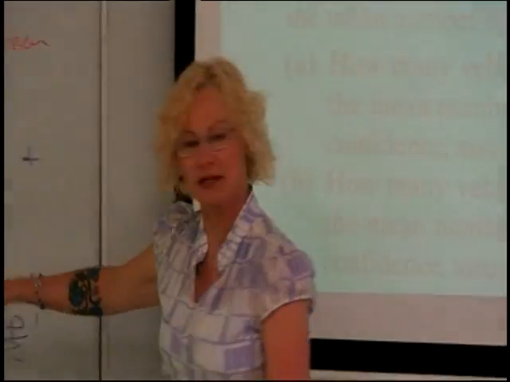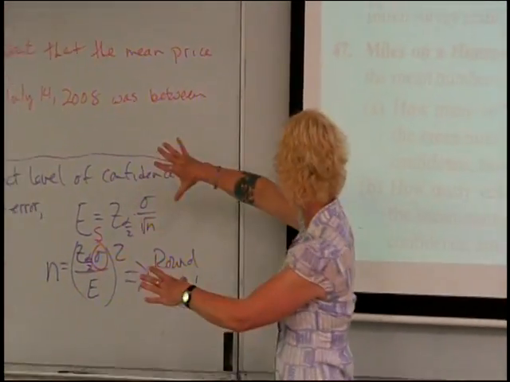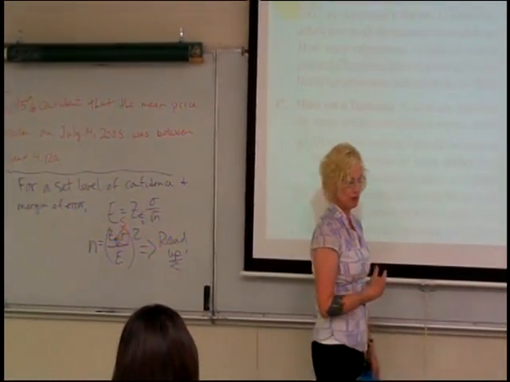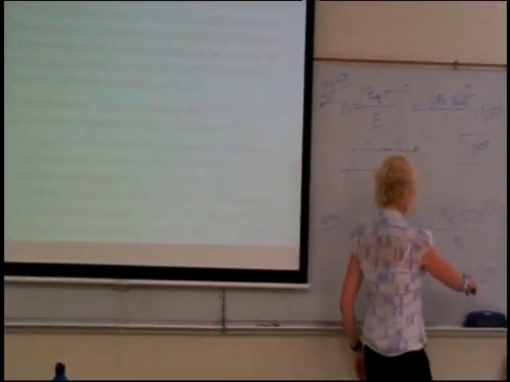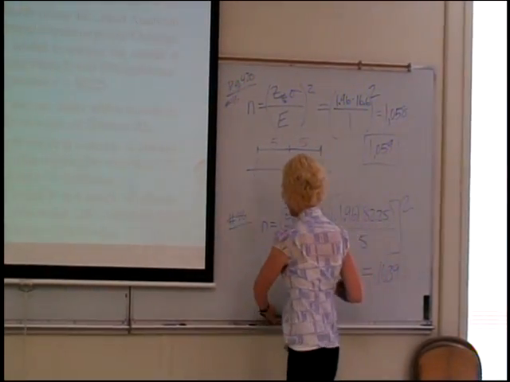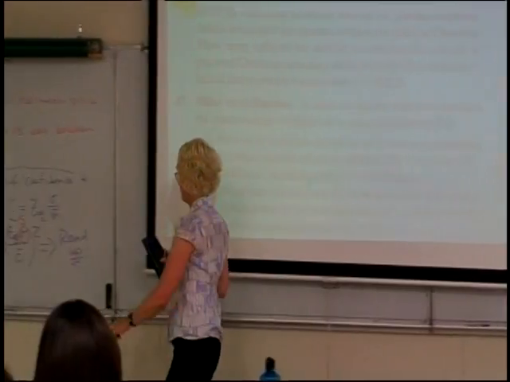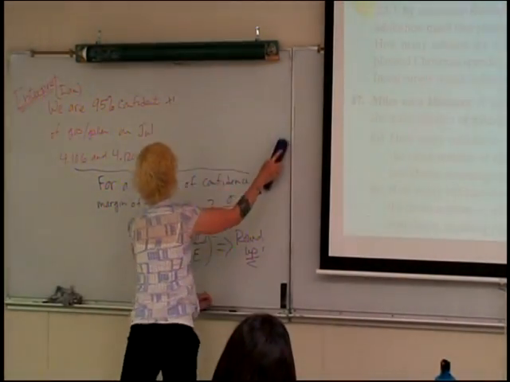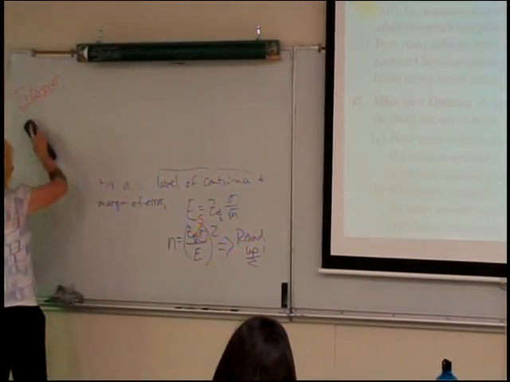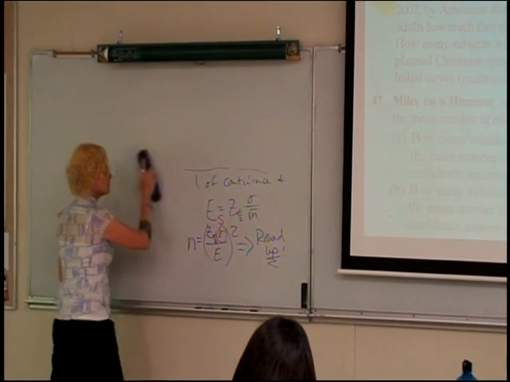Okay, so section 9.2. Now we're ready for 9.2. Think about our process that we were just using, the confidence interval formula, and the assumptions behind those. So the assumptions were that